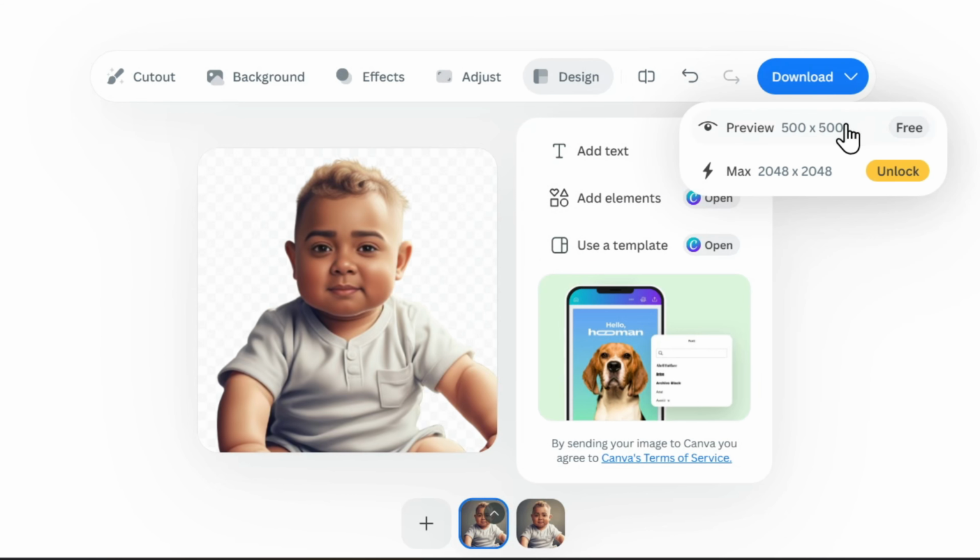And you will see right here that it allows you to download the image. Keep in mind that if you want to have the maximum quality, you will need to upgrade. But for a quick and easy removal, just simply click the first option here and it's going to quickly do the trick for you. So I'm going to open up the image so that you can see